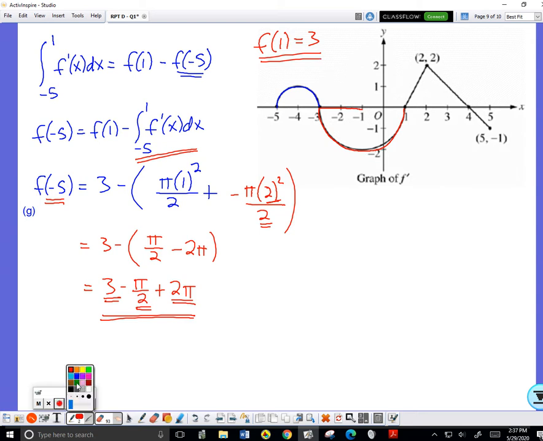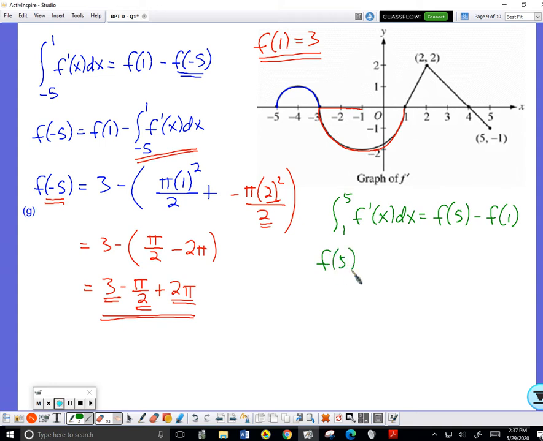So next, I've got to go find f of positive 5. So the integral from 1 to 5 of f prime must equal f of 5, subtract f of 1, rearranging. This time f of 5 will equal f of 1 plus the integral from 1 to 5. So this is going to equal 3 plus, parenthesis, from 1 to